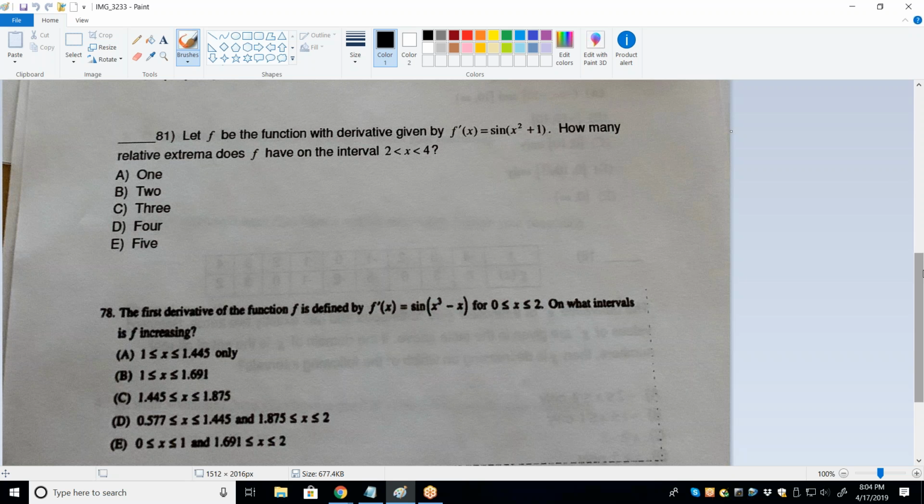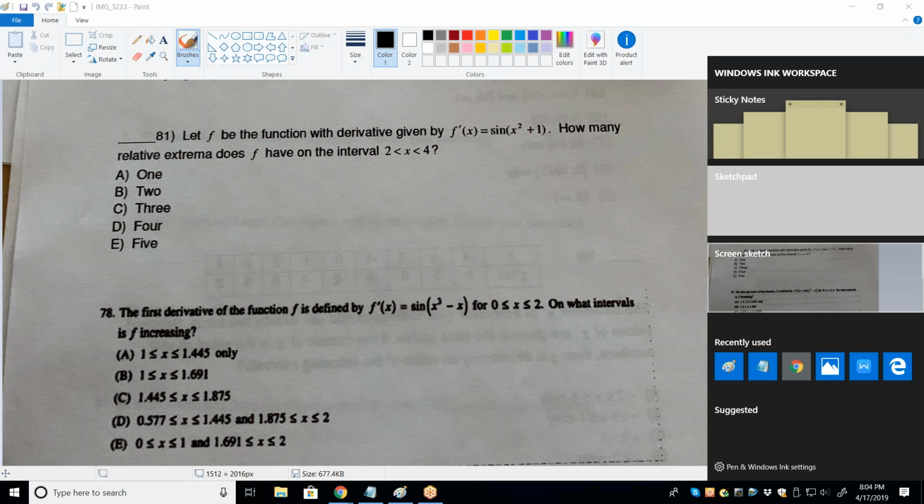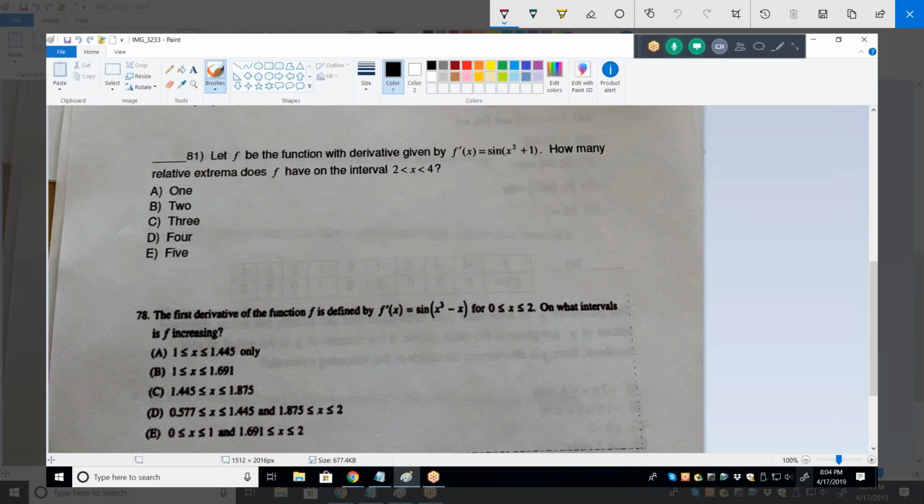Right. So would we set that equal to 0? Yes. In other words, extrema are only going to occur when your derivative is 0. Right. And on the interval 2 to 4, how many of those do we have? 2 to 4, so about 0,